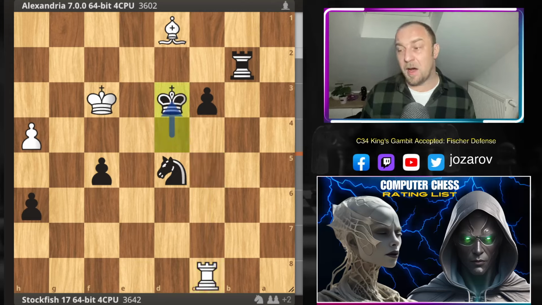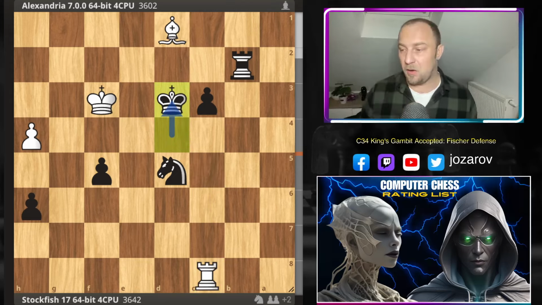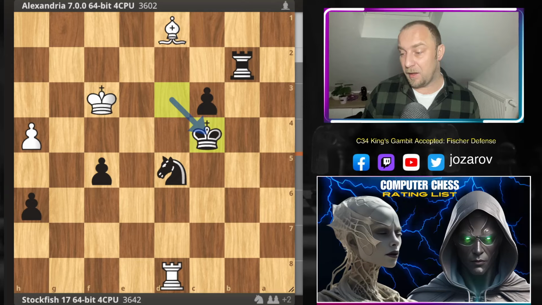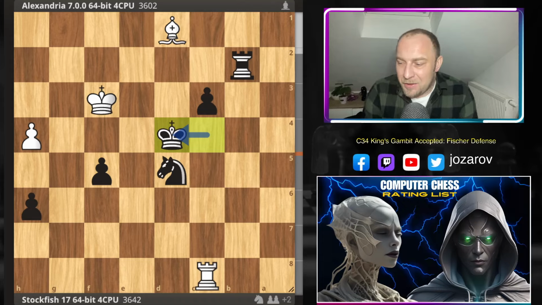Rook drops back, and now great move here by the fish, simply improving further the activity of this very active king. The only move that prolongs the game here for white is rook to d8, and now king to c4. Alexandra delivers a new check, and now Stockfish goes with king to d4. And now the issue for